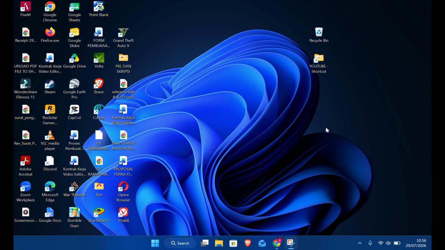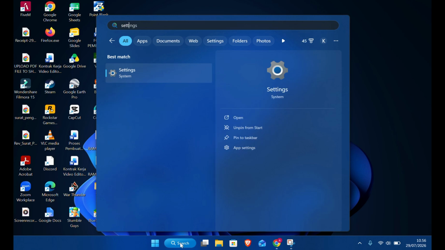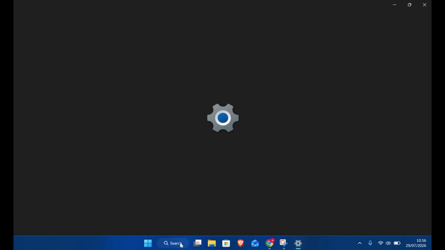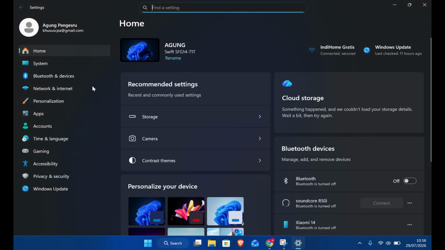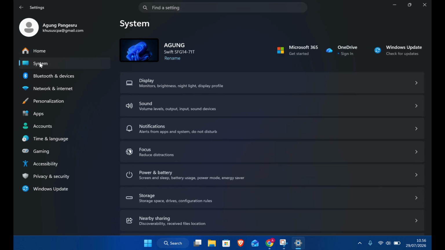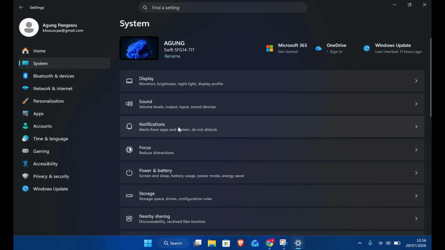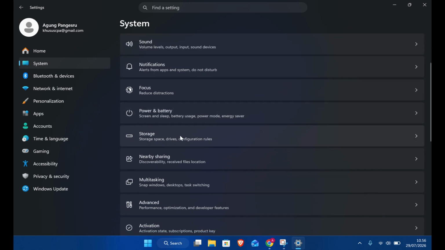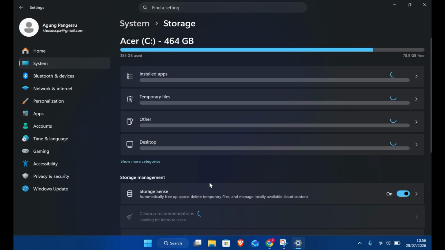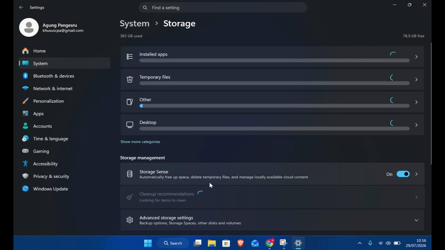So first, on your desktop, you can go to your settings. I'm going to search settings here in the search box, hit enter, and then in the settings page, as you can see, there will be System here. You can click on it. And then in System you will find Storage. You can click on it, and then in the Storage panel you will find